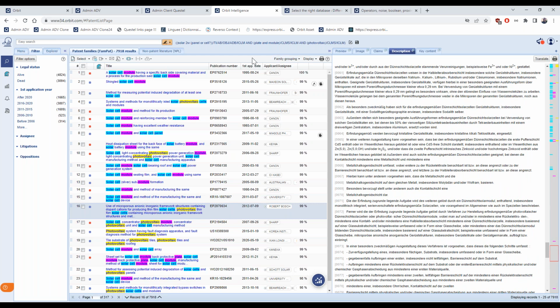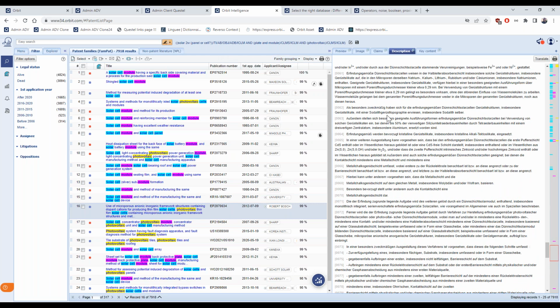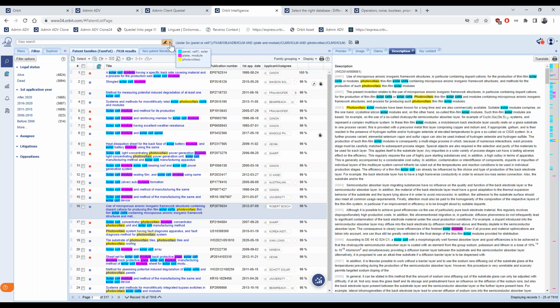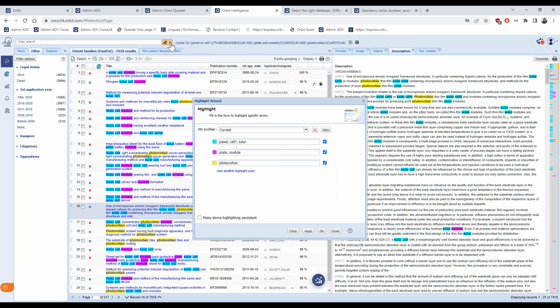This highlighting function can be customized, meaning that you can add terms in color by clicking on the small arrow beside the pencil icon. So maybe we can add electrode and give another color.